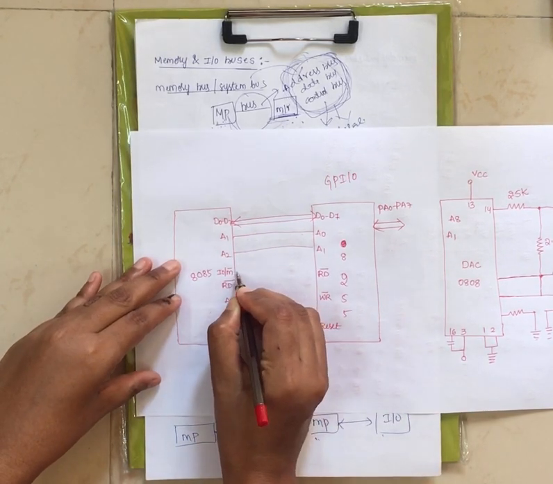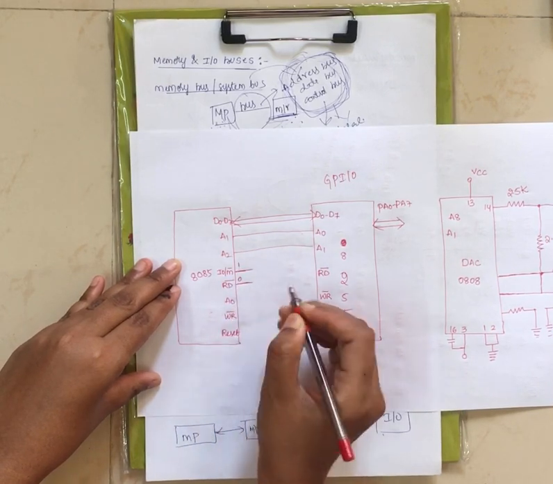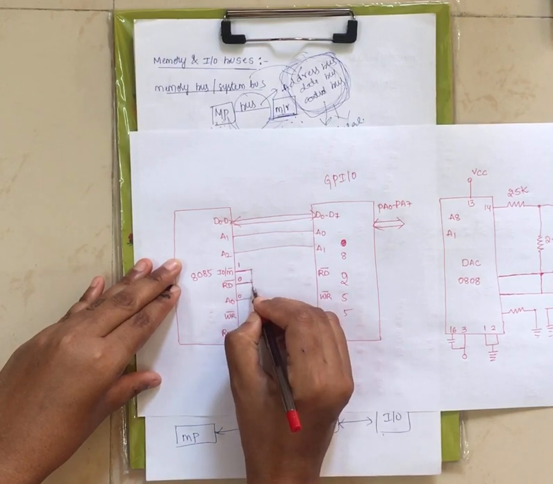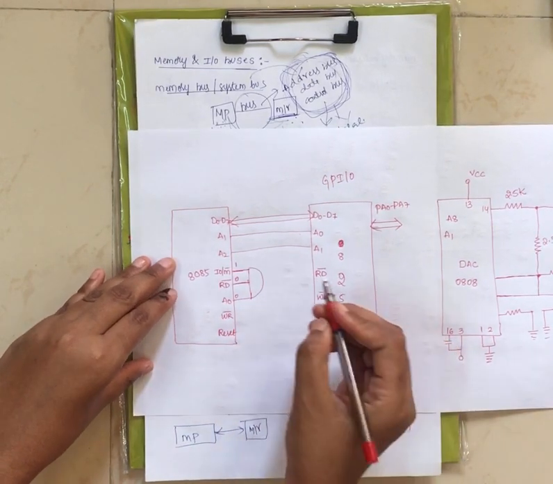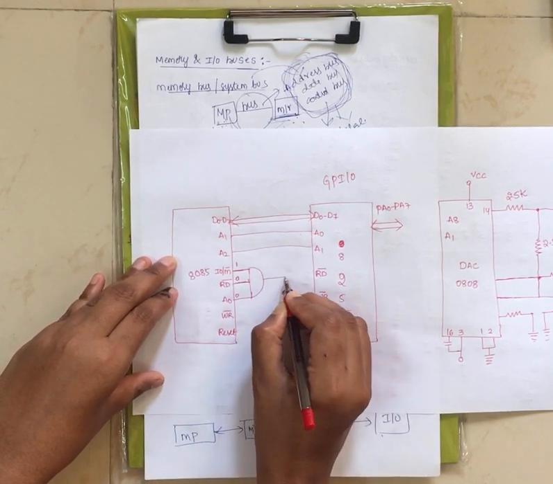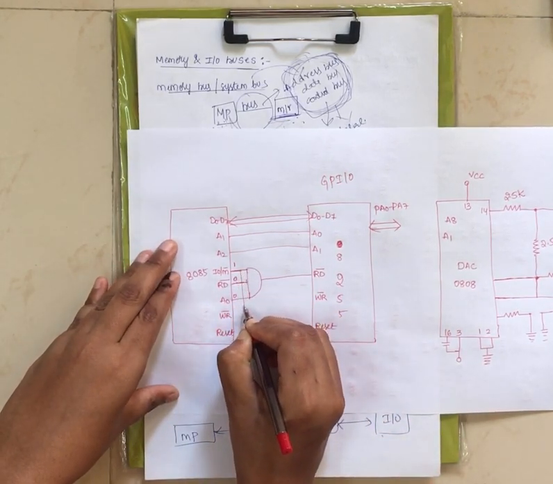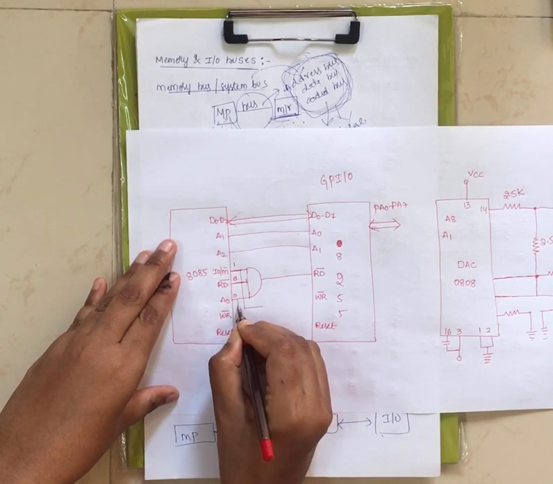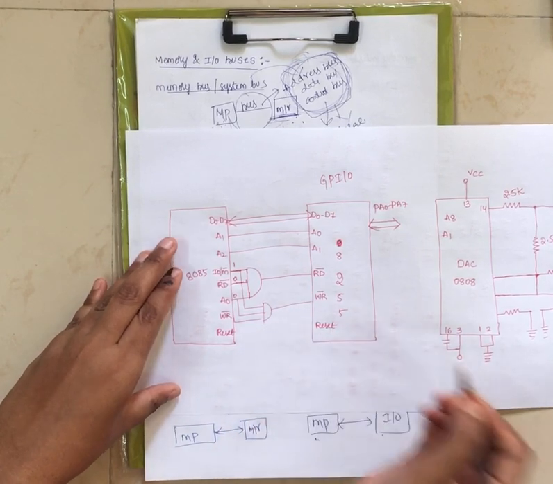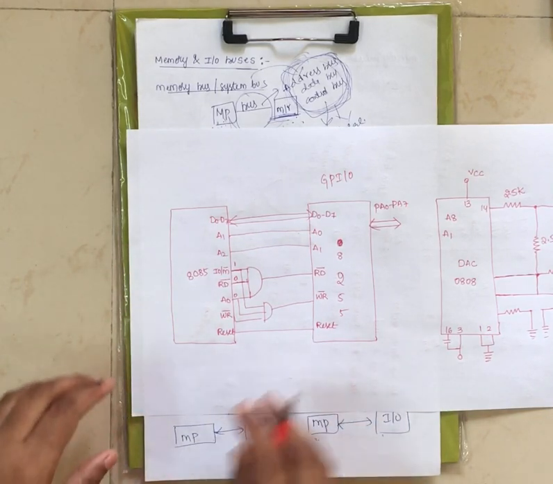Now this should be logic 1. In order to read the data, this should be logic 0. A0 is 0. Now you have to choose one logic; let us assume I have chosen an AND gate. 1 with 0 gives 0, 0 with 0 gives 0. This is directly connected to the RD for reading the data. The same thing for the IO/memory bar and A0 write signal: these are AND gated and connected to the write of 8255.